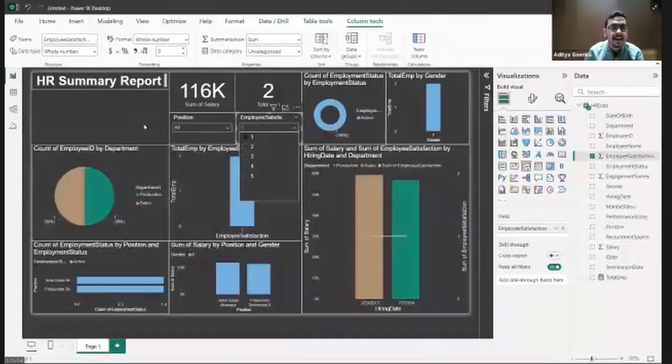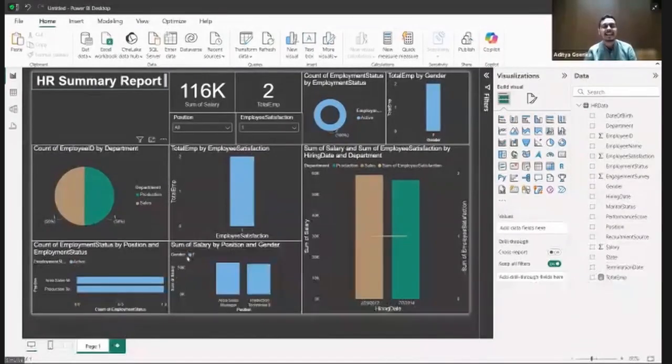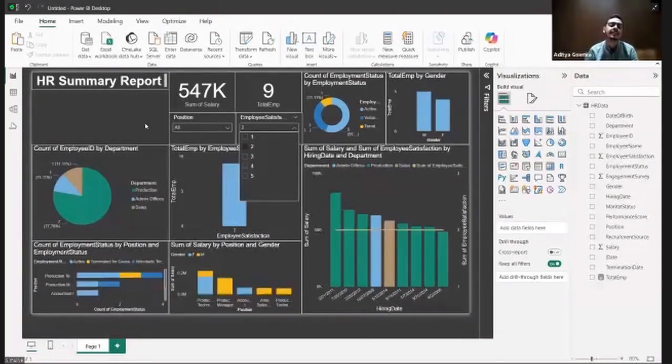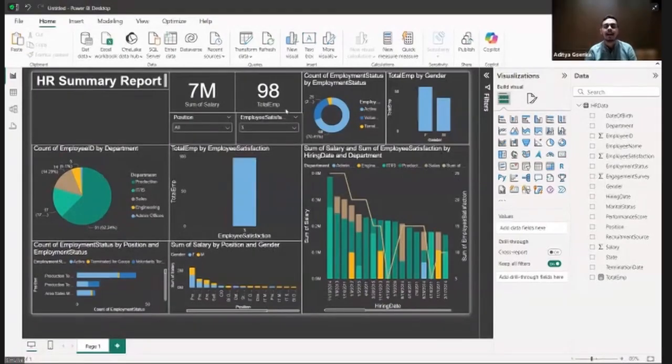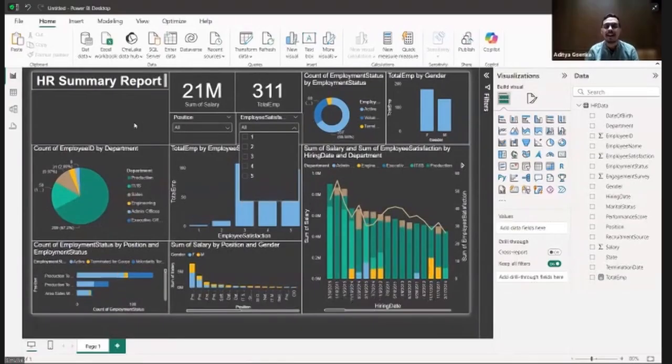So I'll click 1 over here, and for all dissatisfied employees, I'll have all the data right there in front of my screen. For 1 and 2, the boss wants to see. For let's say only 2, the boss wants to see data. For all the satisfied employees, the boss wants to see the data, and you can have it right over here. All of this is completely modifiable with the help of these slicers.